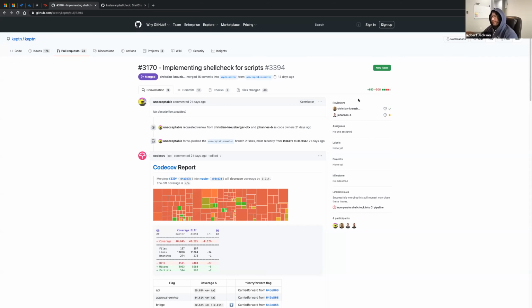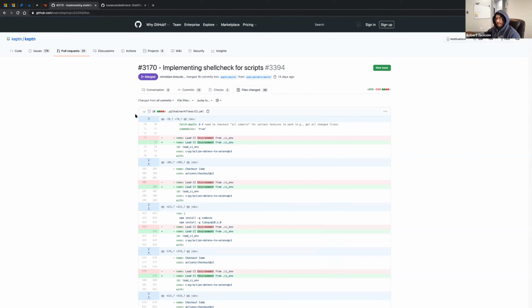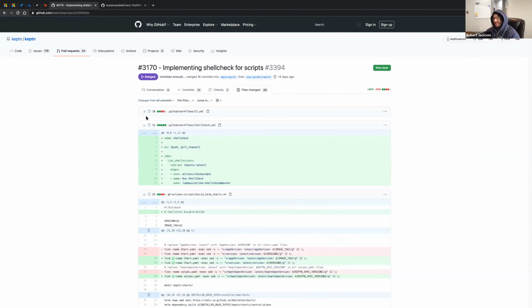Okay, cool. Yeah, let me share real quick. So this is a PR I put out there a couple weeks ago to incorporate a Shellcheck action. There were some spelling mistakes I fixed in this PR too. Here's how the action works.